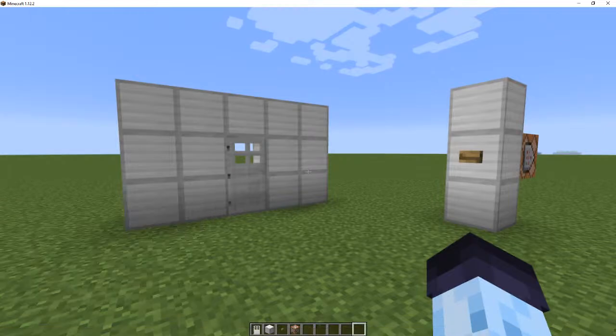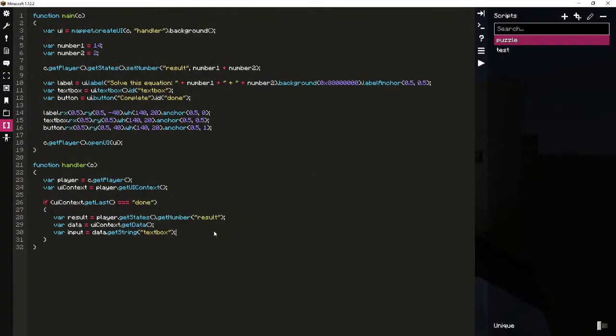So it's in the text box. You can take the result, and if result equals parse int input, then I can say